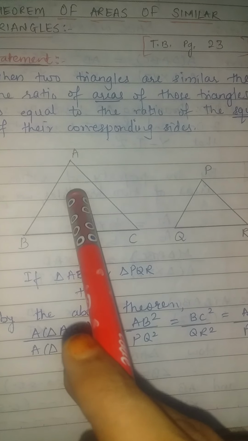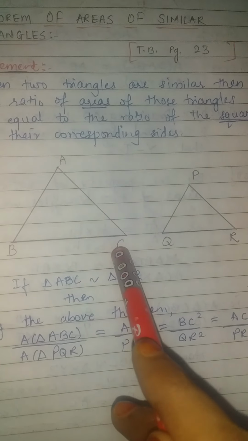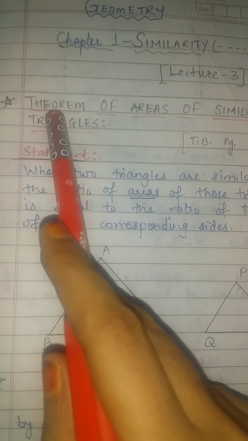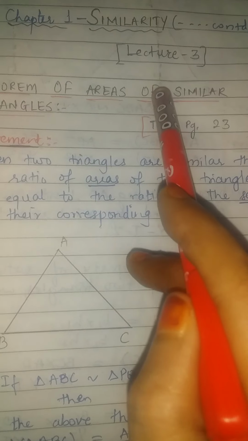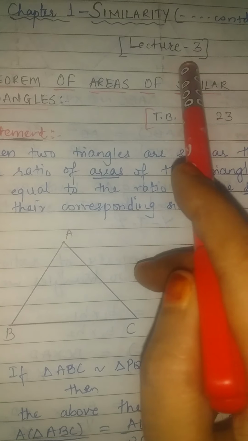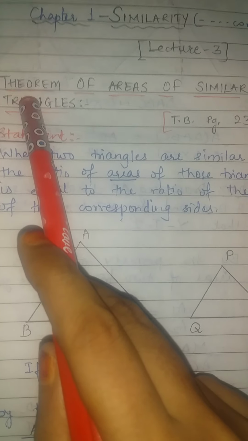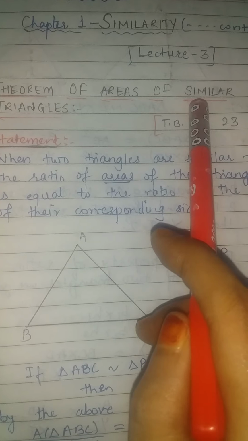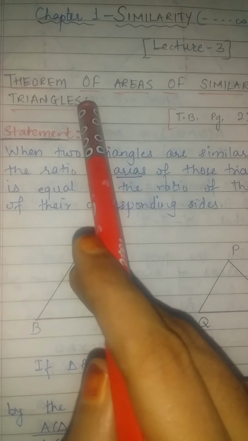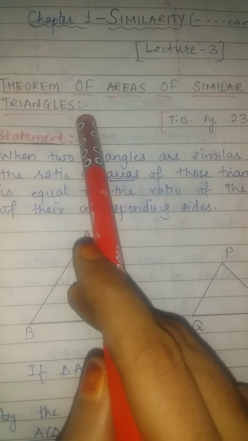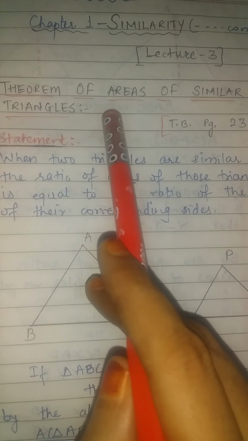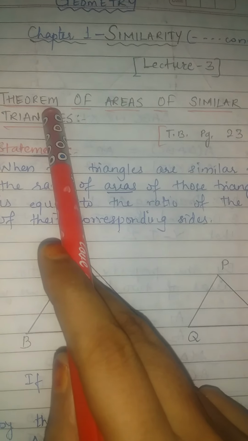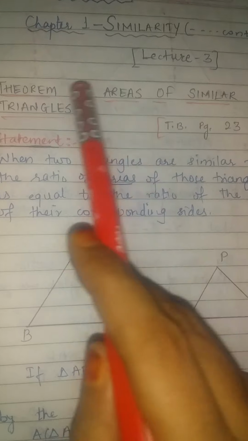Here you all can see two triangles, namely triangle ABC and triangle PQR. As the name itself signifies, it is the theorem of areas of similar triangles, emphasizing the word similar. The theorem can be applied only if the two triangles are similar. I hope you will understand the difference between this theorem and property 1 which was studied in your practice set 1.1. It was just a property of ratios of areas of any two triangles. On the contrary, this theorem is exclusively based on similar triangles only.